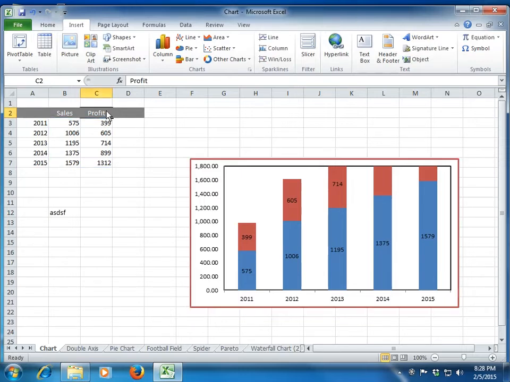But let's say it's data wherein this is the revenue for product 1, and this is the revenue for product 2. In that case I would like to see a stack chart because it also gives me the total sales. So I know that my revenue from product 1 is 575, my revenue from product 2 is 399, and this is my total profit. I can also choose the data.